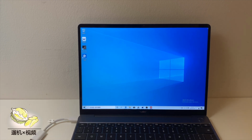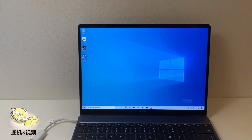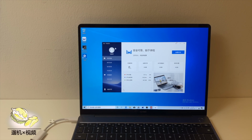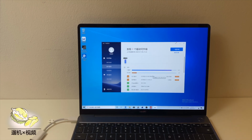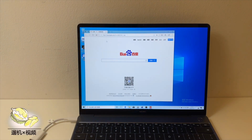The screen is the bonus for this laptop. It's very bright, high contrast, with extremely vivid color. There is a very small webcam at the top side, although the bezel is small. If you are having any difficulties getting the drivers for this laptop, just install PC Manager from the Huawei official website, and it is able to install all the drivers automatically,